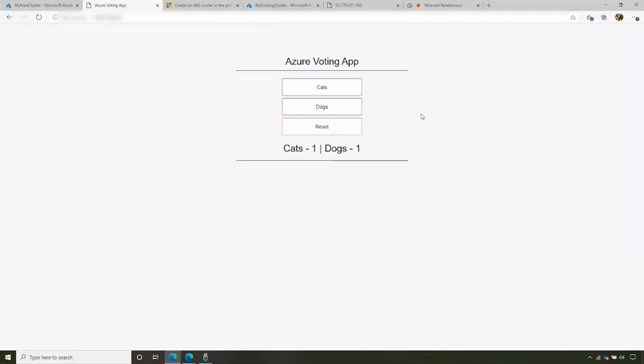So within a few minutes, we've gone from having a brand new cluster to having our very own sample application up and running. Now, things go pretty smoothly when you're using a sample application, but we know that's not always the case in the real world. So we've also built in some debugging capabilities that you can use to try to identify and fix any issues with your application.